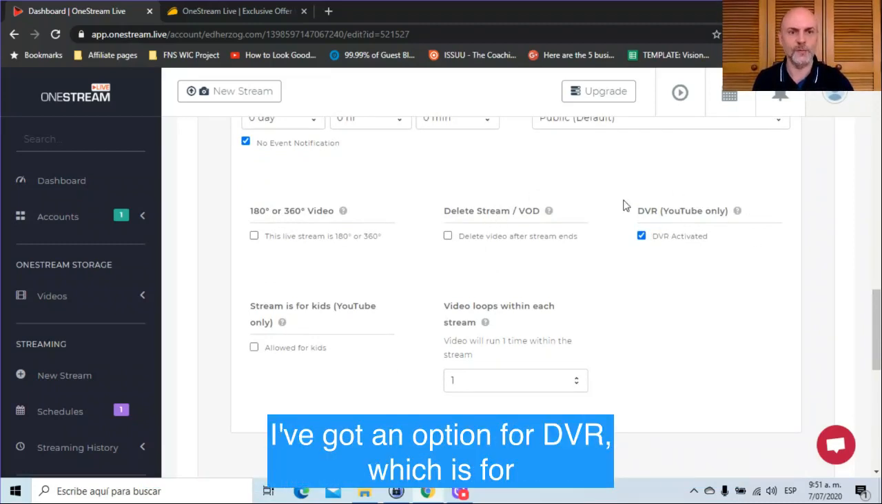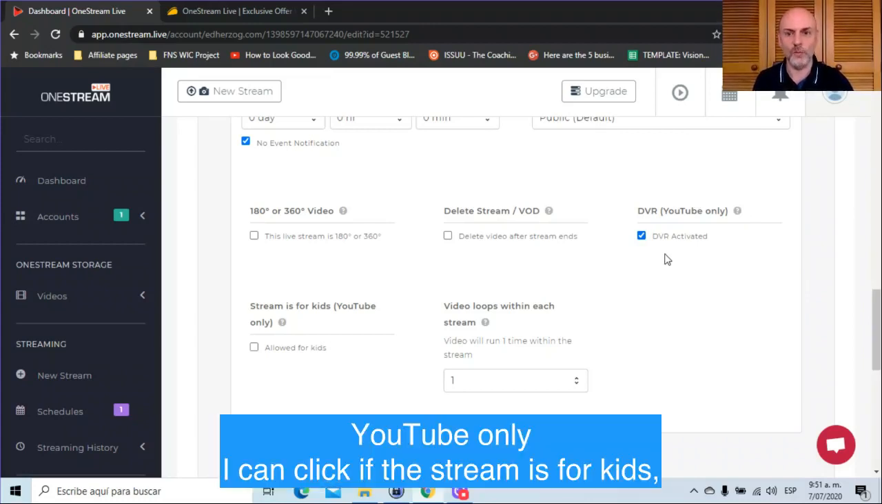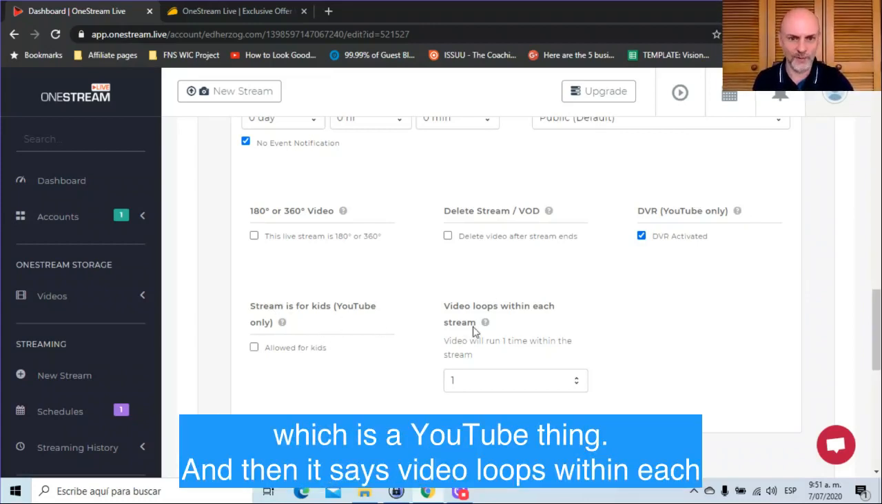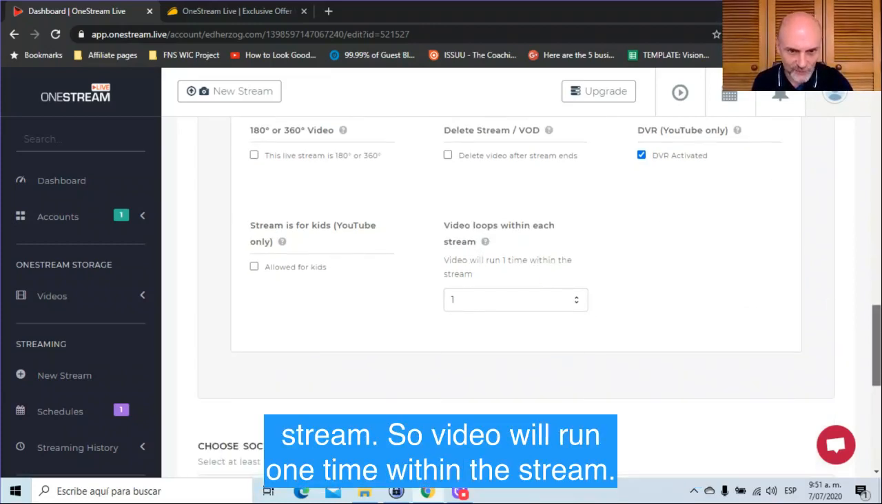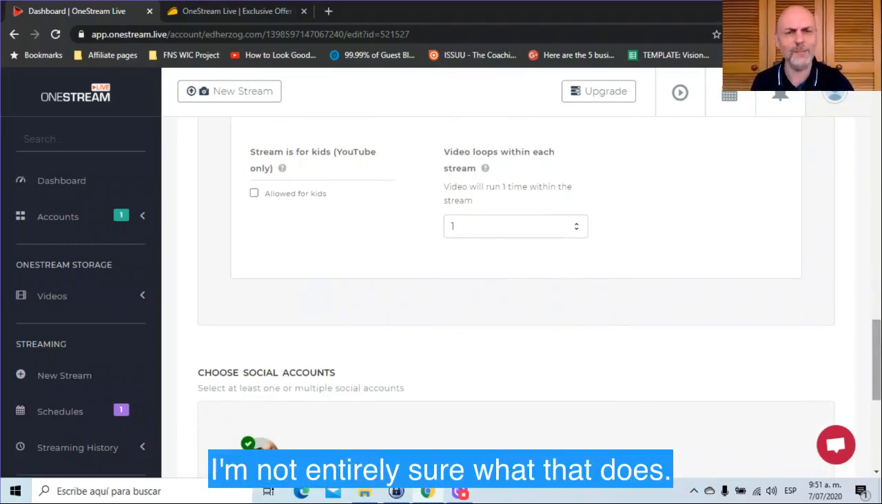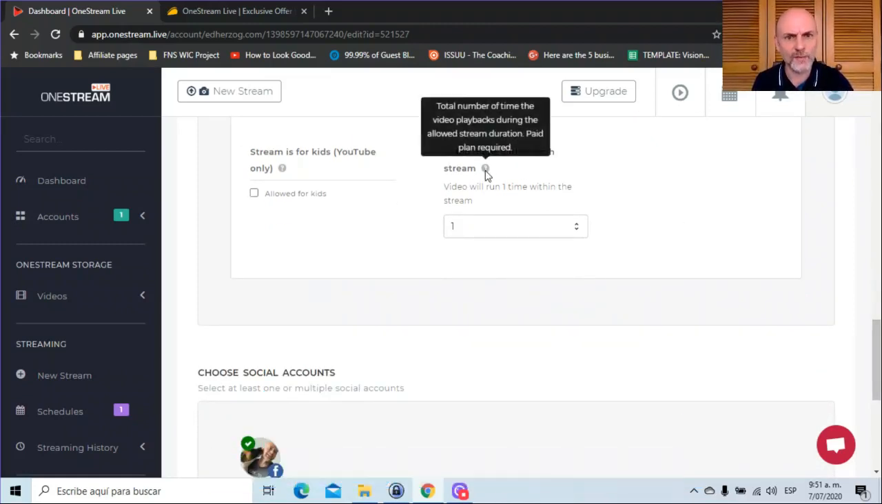I've got an option for DVR, which is for YouTube only. I can click if the stream is for kids, which is a YouTube thing. And then it says video loops within each stream. So video will run one time within the stream. I'm not entirely sure what that does. It says total number of times the video